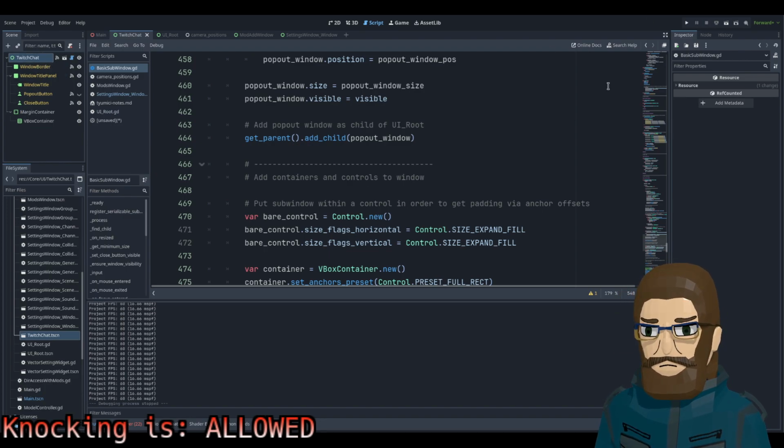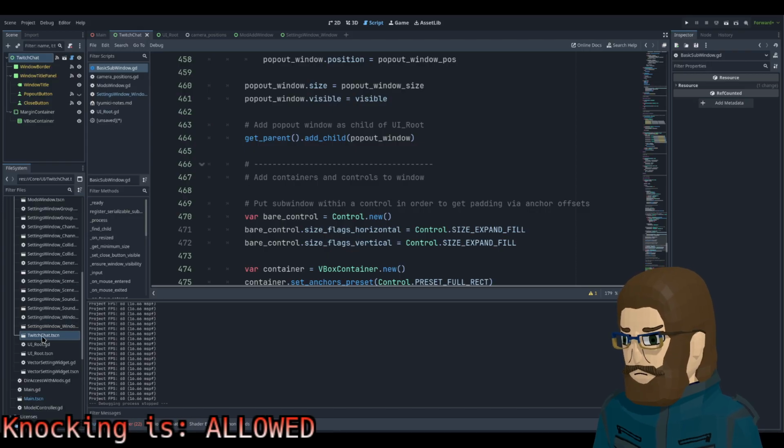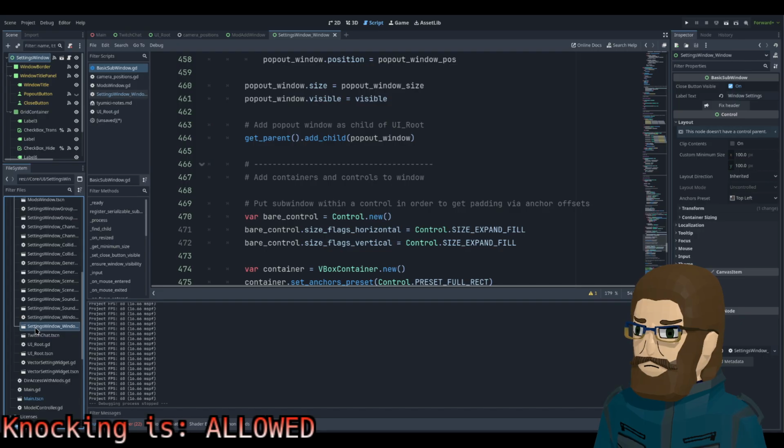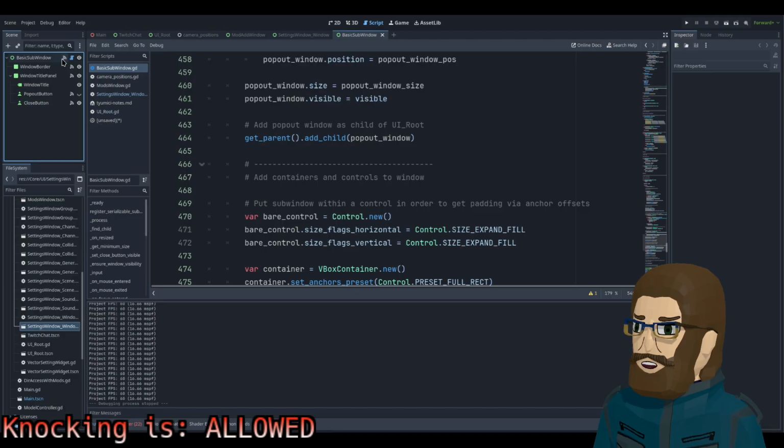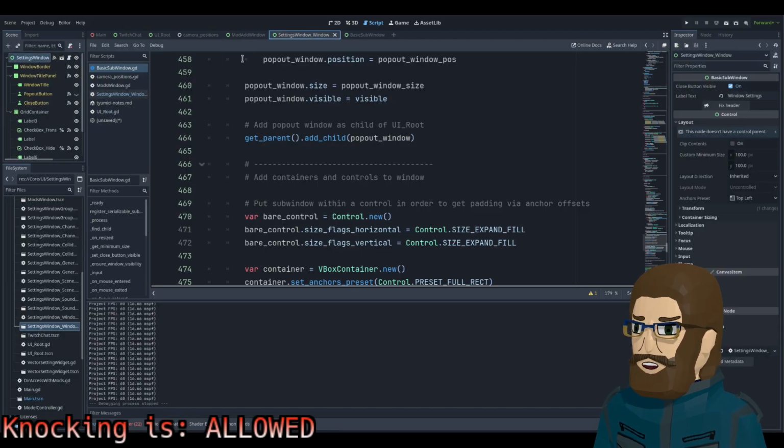Let me kill this. I think I have to do some surgery here. So are you only getting this stuff because you're extending? How does this actually... Is this one connection? Yeah, basic sub window. You have one script.